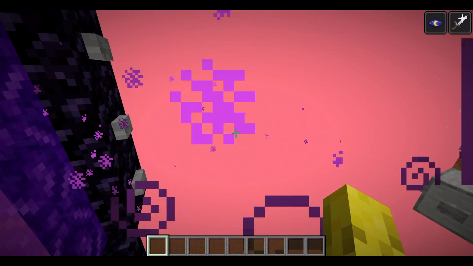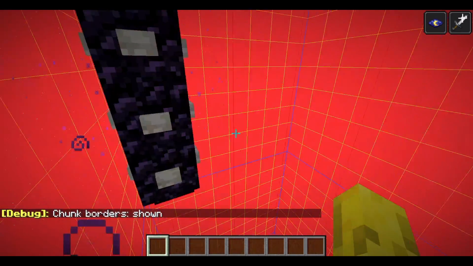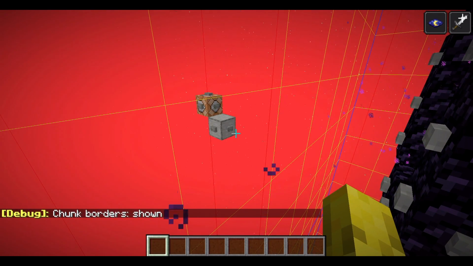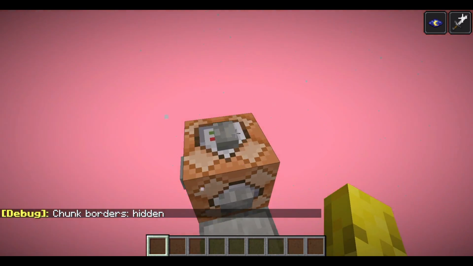If I press F3 and G. Maybe it just loaded this chunk and that's it. And then this chunk just didn't load at all. It just decided not to. So I'm in the snapshot right now, so that could be why that sort of thing would happen. So if I press the button now,